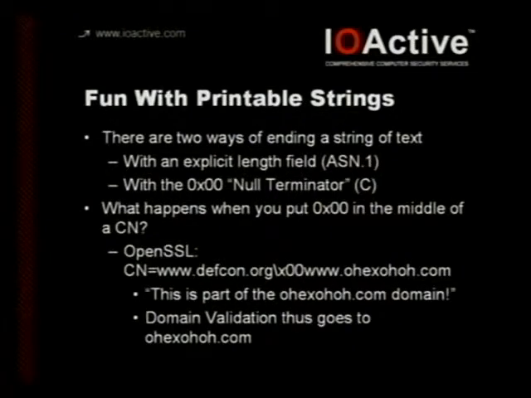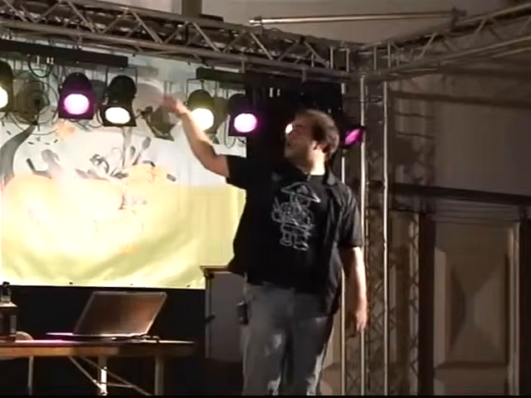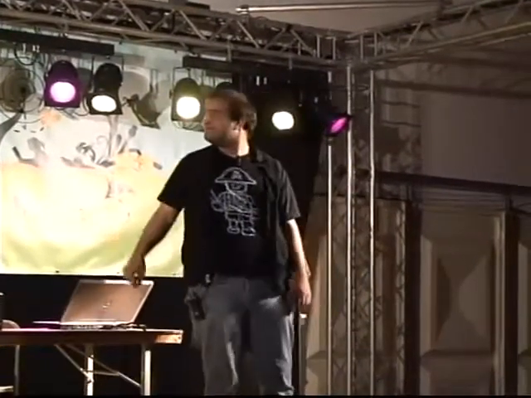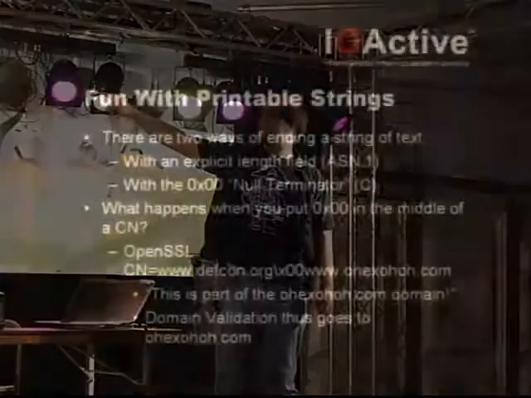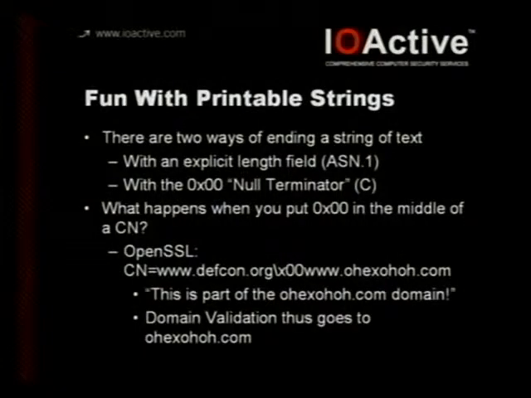Or you can have a null terminator. This is what is known as a C string. If you put a null terminator, a 0x00, in the middle of a common name, OpenSSL will see, say, www.defcon.org. No, literally, it will turn into /x00